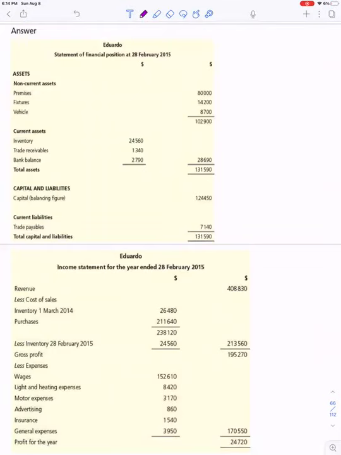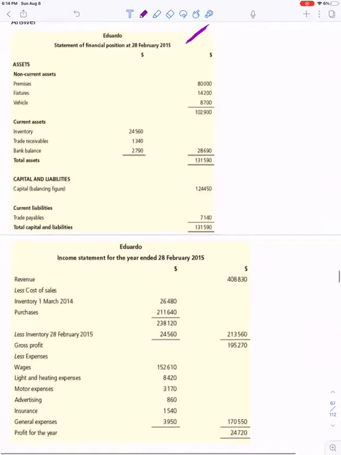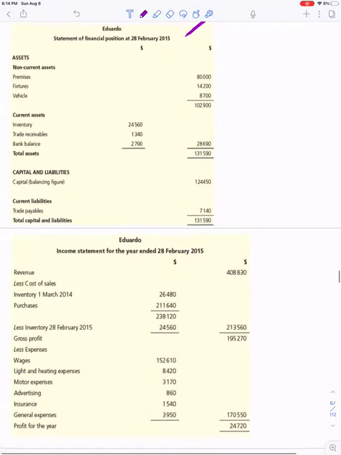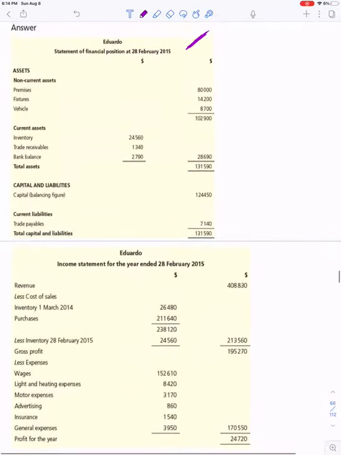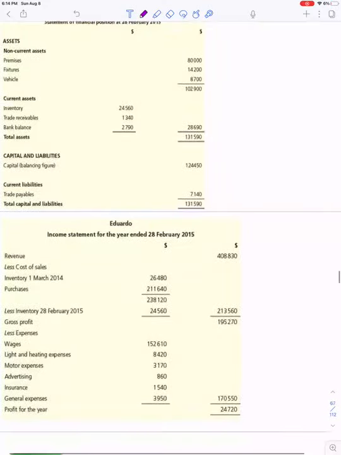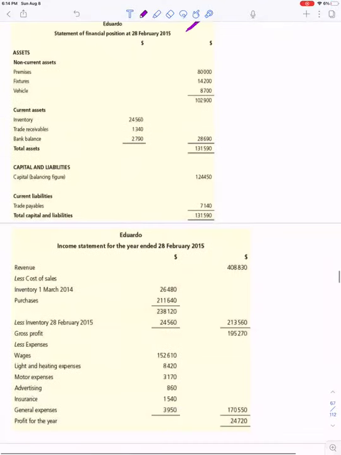In the next class, we would start with the statement of financial position and we would do the balance sheet of all the sums. Before coming up to the next class of this statement of financial position, I would want you to see the video of capital and revenue, expenditure and receipts. Thank you, friends.